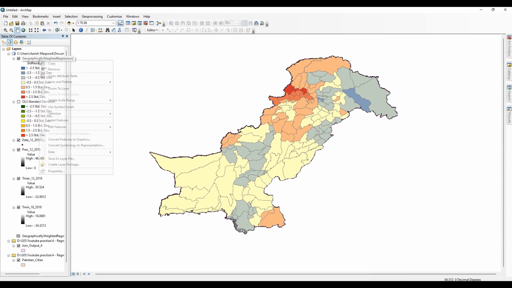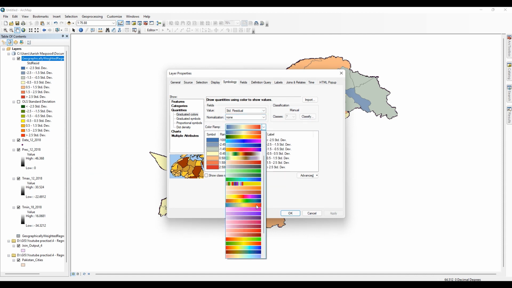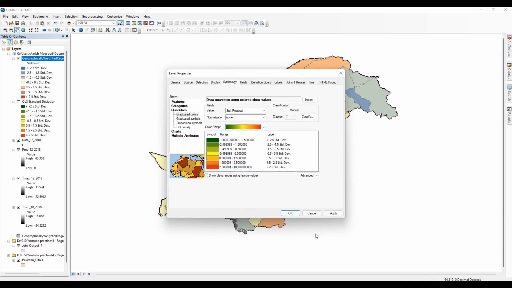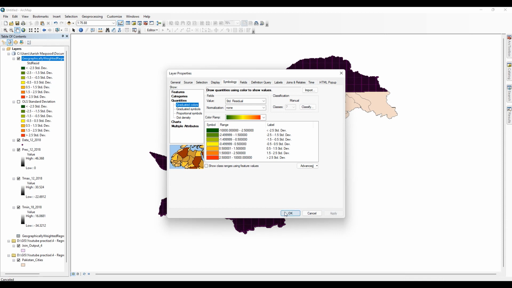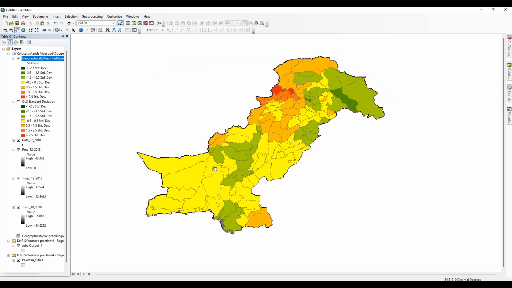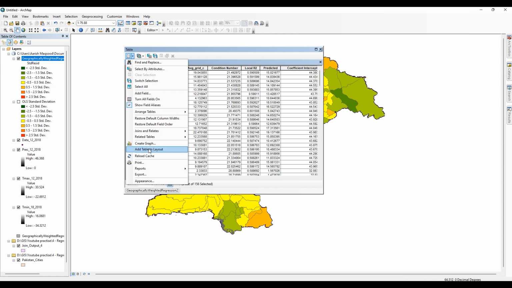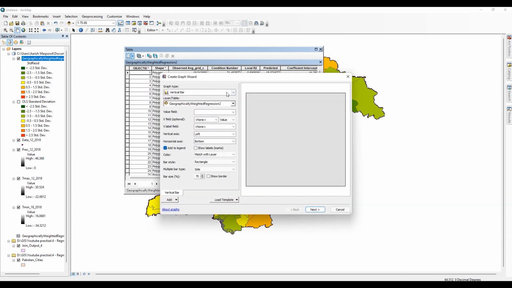For changing the color ramp, you can go to the properties, set the desired color ramp, and click on apply. So for making the graph, go to the attribute table and select this create graph option.